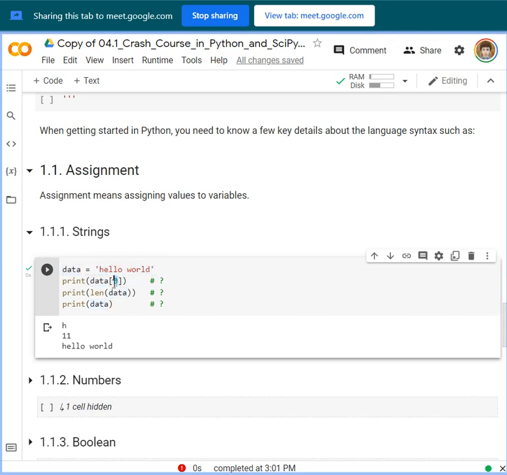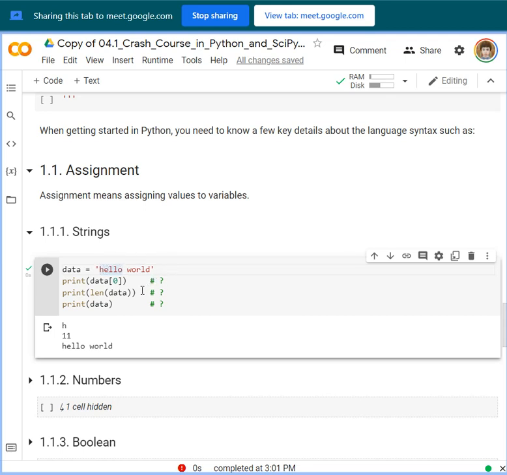Okay, so since 0 is inside the square brackets, this refers to the position, or the address in the array. Where does it start? It always starts with 0, not 1. So from here 0, 1, 2, 3, 4.